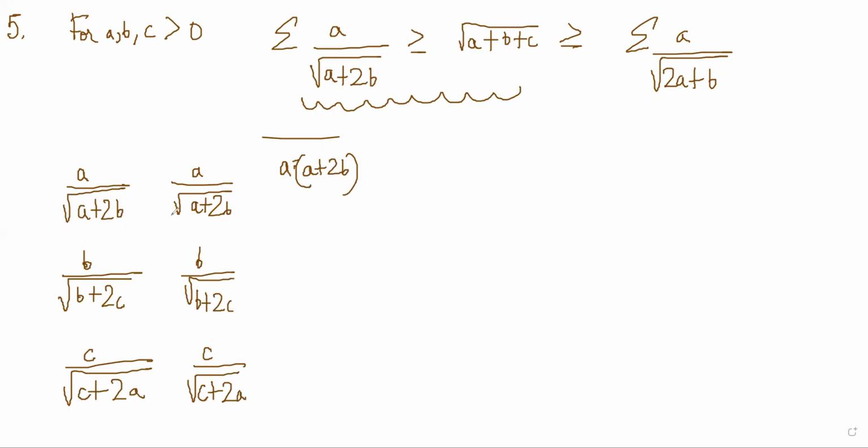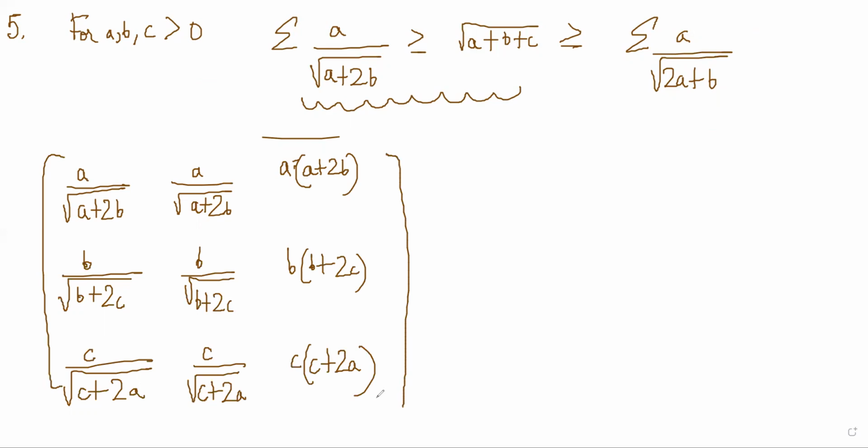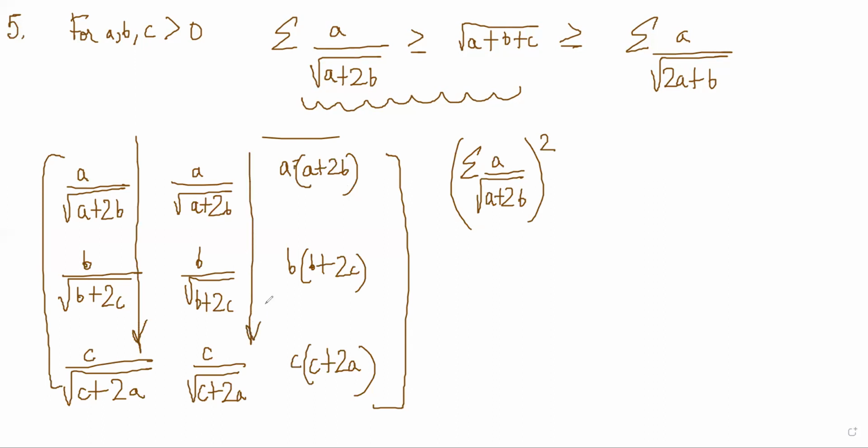When you multiply these, this root part will cancel. And a into a will be a cube, and when finally you take the cube root of that, it will become a. So this is b into b plus 2c, and this is c into c plus 2a. So writing Hölder's for the 9 numbers here is going to give you summation a by root over a plus 2b, whole square, because this column sum is the same as this column sum, multiplied by the sum of these numbers, which is going to be a square plus b square plus c square plus 2ab plus 2bc plus 2ca.